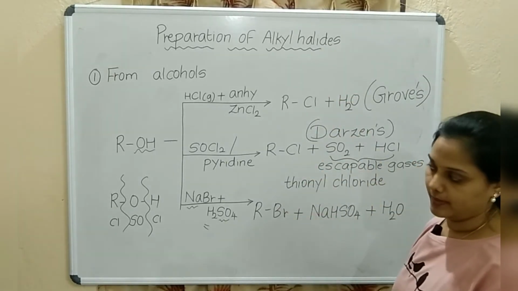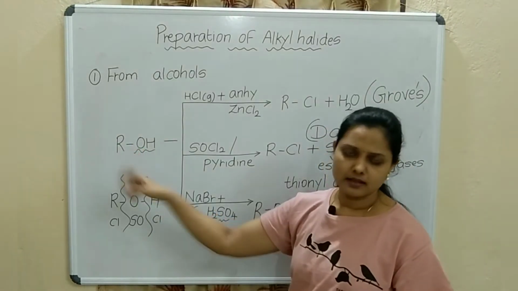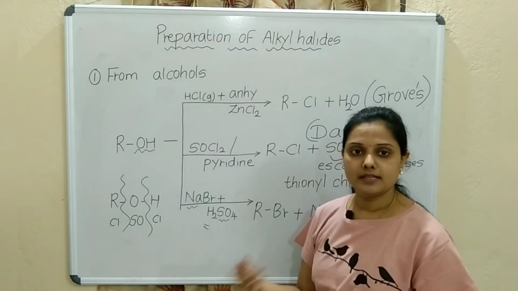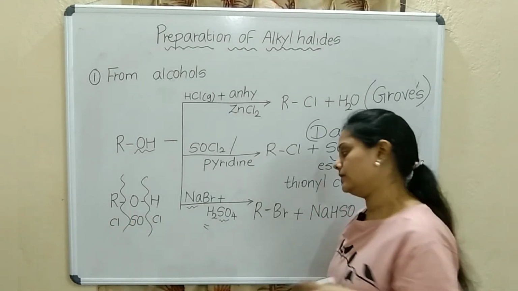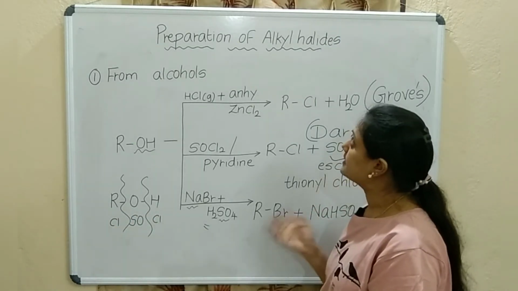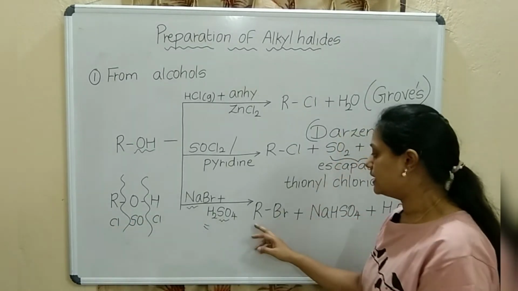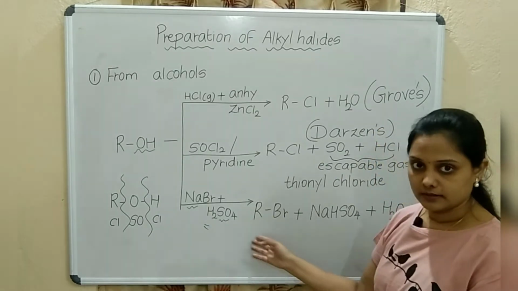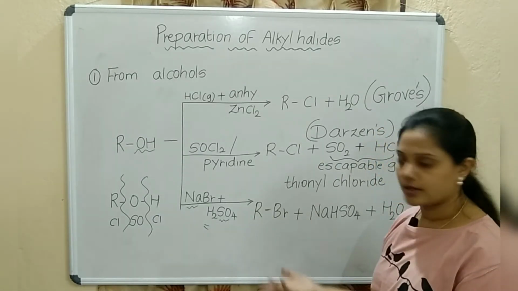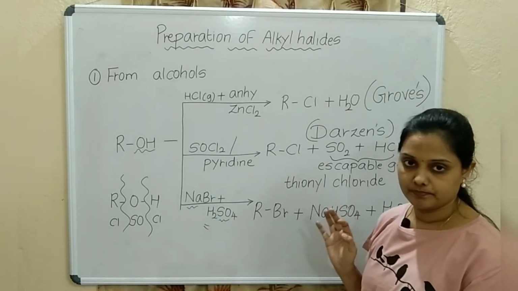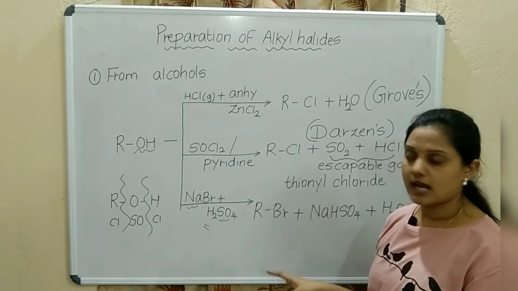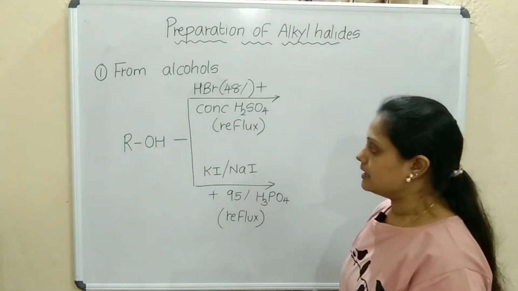Alkyl halide you are preparing. So what is the alkyl here? R. You can take any example, CH3, CH2, CH2, a long chain also. Bromine, that is the halide. Correct? So give the name alkyl halide, depending on whatever R group you are putting, write the name. Correct? So hope these three reactions are clear to you.